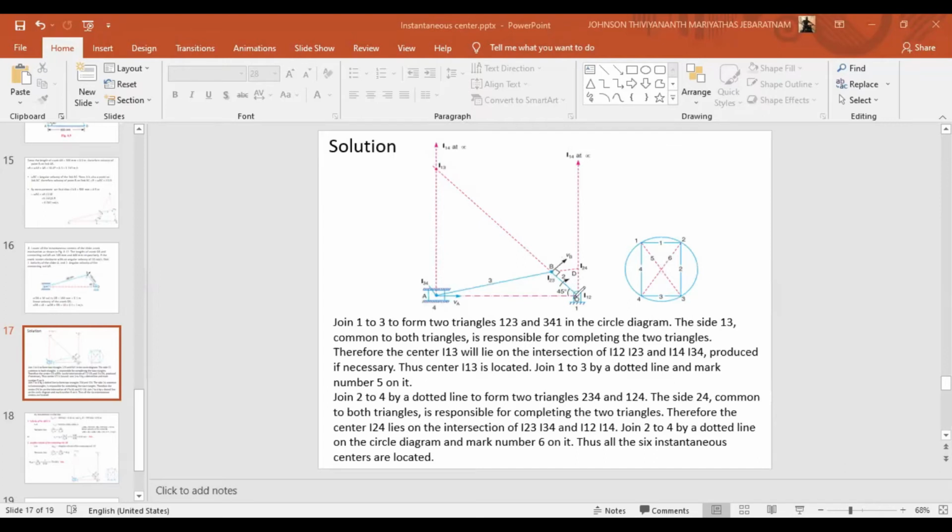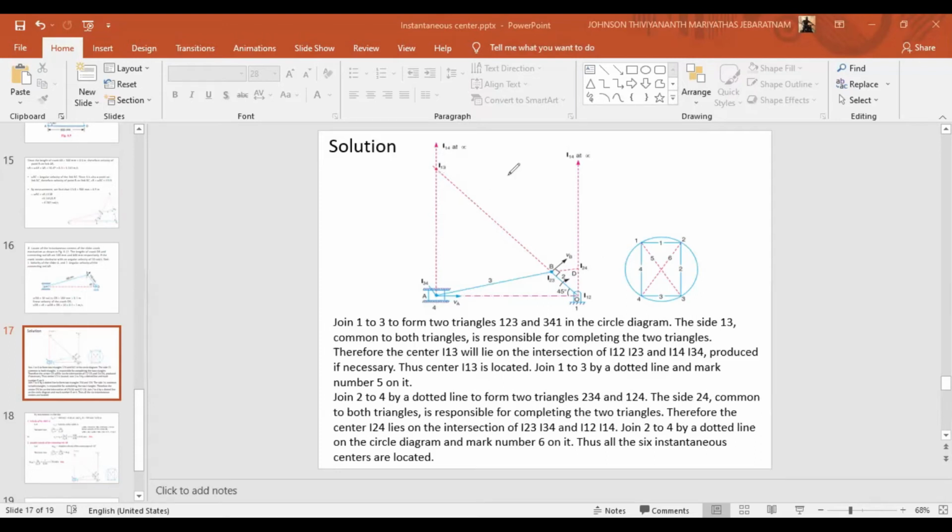Now I have marked 1, 2, 3, and 4 instantaneous centers. We need to mark 2 more, right? So we'll produce these lines. I will produce the connecting rod line and this crank line, right? When you produce this connecting rod line, that will meet the instantaneous center at this point I34. Similarly, I will produce this crank to meet this instantaneous center, and that will make a point